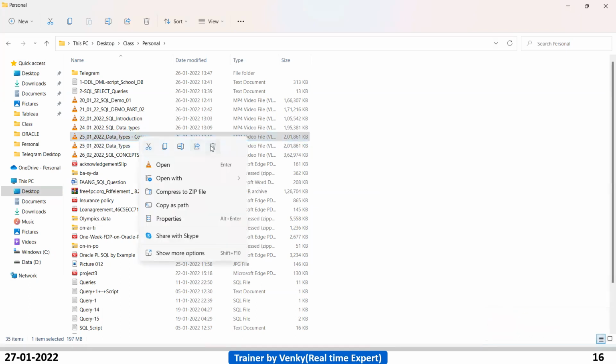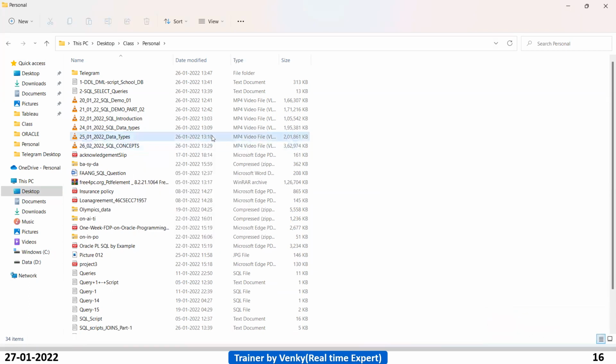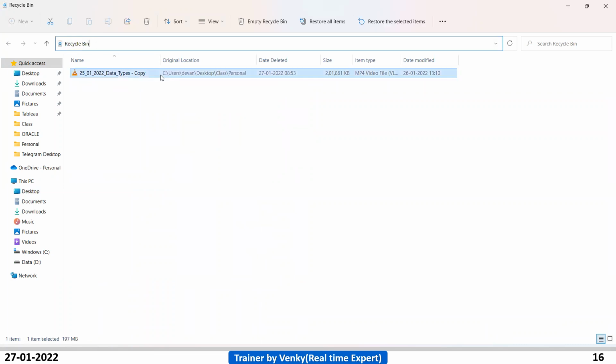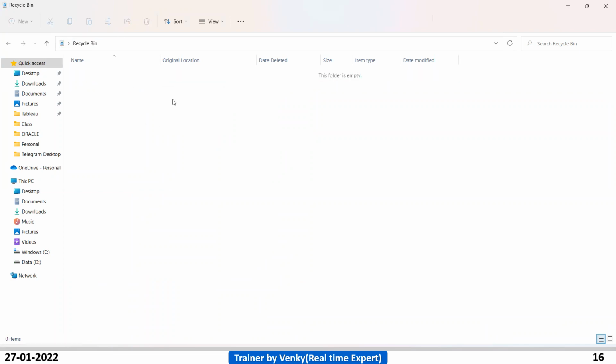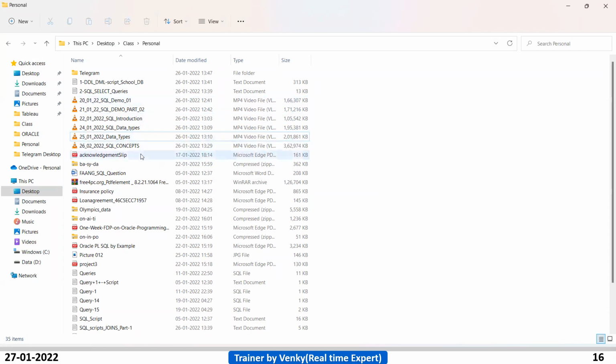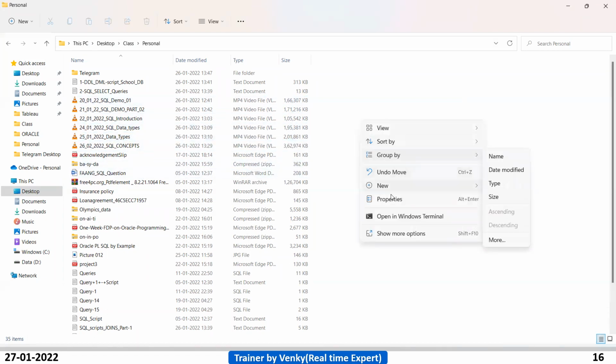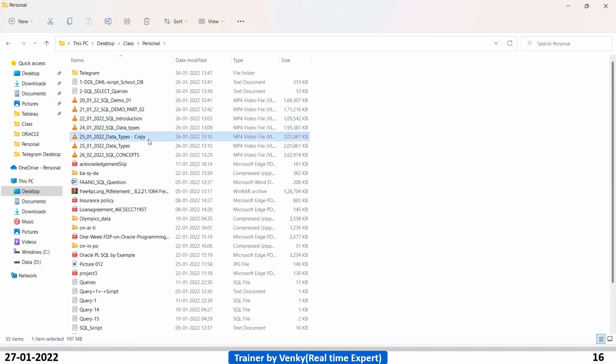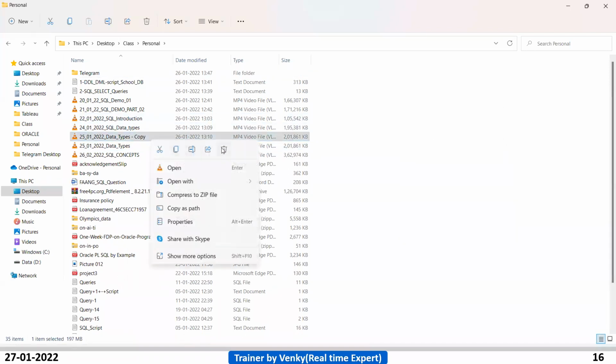See, I have deleted this file. Where will it be saved, guys? Once you delete it without shift delete, where will it be saved? Recycle bin. Yeah, recycle bin. See, this is the recycle bin. Is there any data in the recycle bin now? The folder is empty. Now I am deleting a file.